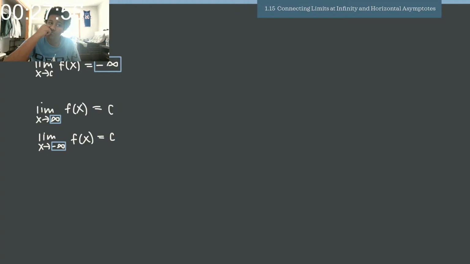So this first case here is when we're talking about vertical asymptotes. The second case is when we're talking about horizontal asymptotes. To help us mentally distinguish between these two sets. So when it comes to horizontal asymptotes, really, we're talking about limits that approach infinite values as describing the end behavior of a function. And we say end behavior because we're talking about what the function is doing at the